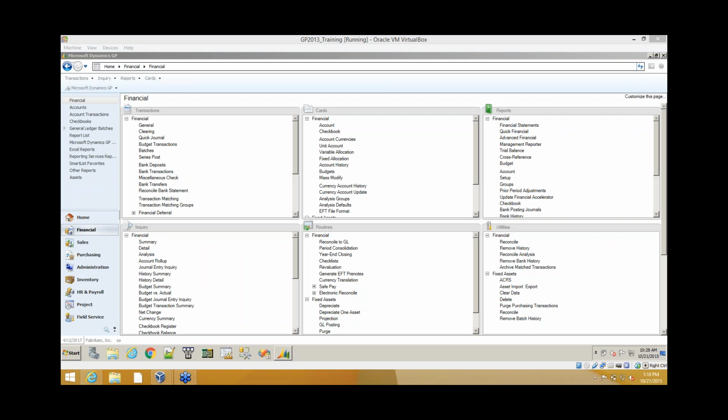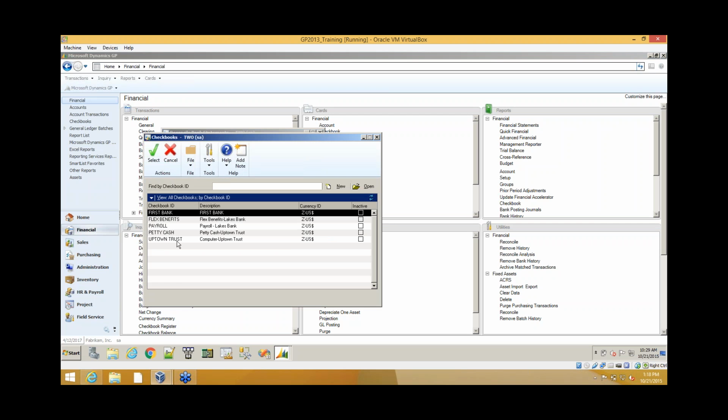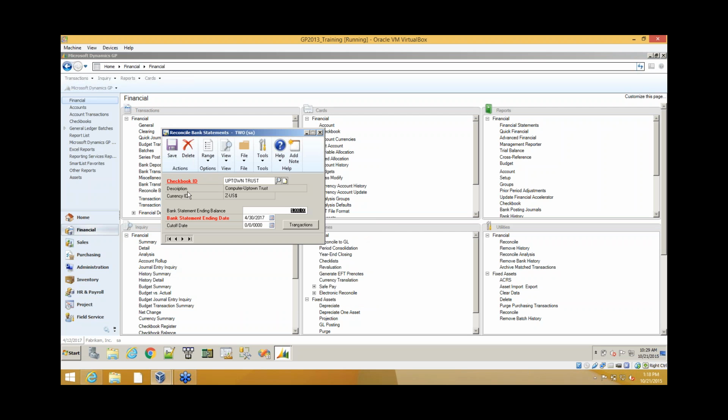Okay, so moving on to our demo, the first thing we're going to go over is the Reconcile to Bank Statement, which is located under Transactions, Financial, Reconcile Bank Statement. Here we're going to select our checkbook ID. For our demo, we'll choose Uptown Trust. As you can see, it defaults to the description and the currency ID. The bank statement ending balance is one that we actually enter from